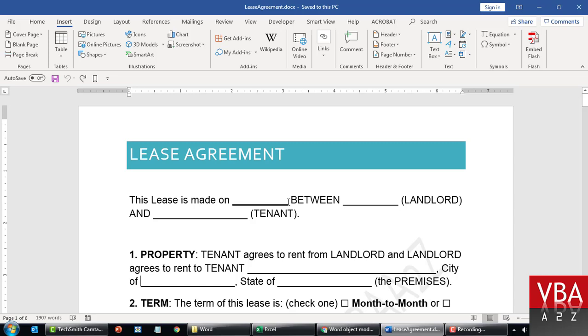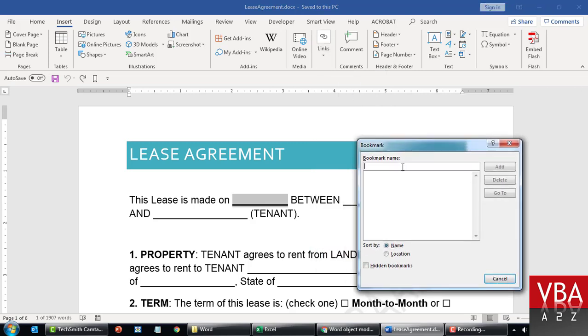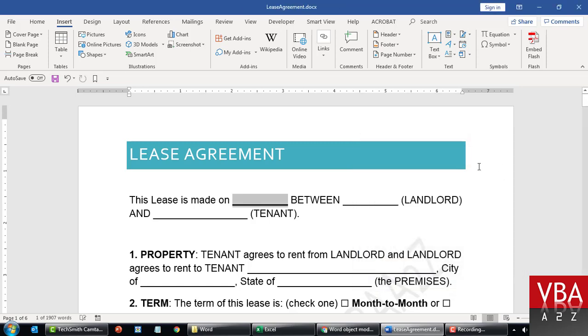First we'll have to add a placeholder for all of this as a bookmark, and then we're going to write a program to read and write to these spaces. First, this will be the contract date. In order to access the bookmark, go to Insert, and then under Links you should find Bookmark. So here I'll say contract date. If you're familiar with Excel named ranges, this is more like that. So, C date,